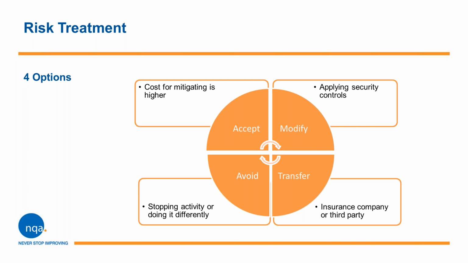But there's 3 other options. It's not always a case of treating a risk. You could transfer the risk to another party. A good example is to insurance companies by buying an insurance policy. You could avoid the risk by stopping an activity that is deemed too risky, or doing an activity in a different fashion to eliminate the risk you've identified. Or you can accept the risk if, for example, the cost of treating a risk is higher than the actual damage output would be. This is where you need to get creative.